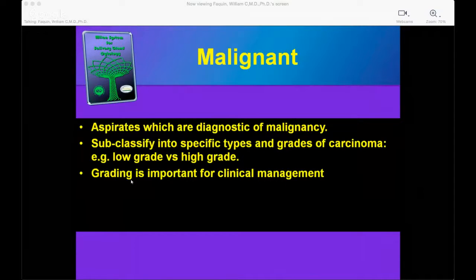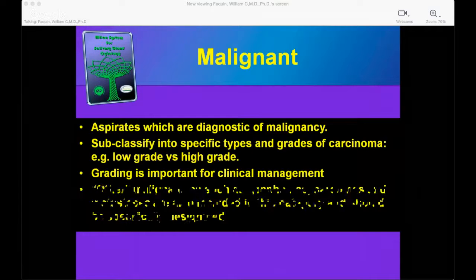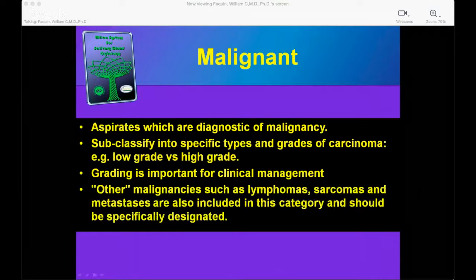And as I pointed out near the beginning of this talk, the grading, low grade versus high grade, is very, very important for helping to guide the clinical management and develop that pre-op strategy that you're going to follow. Other malignancies, such as lymphomas, sarcomas, and metastatic disease, are also included in this malignant category and